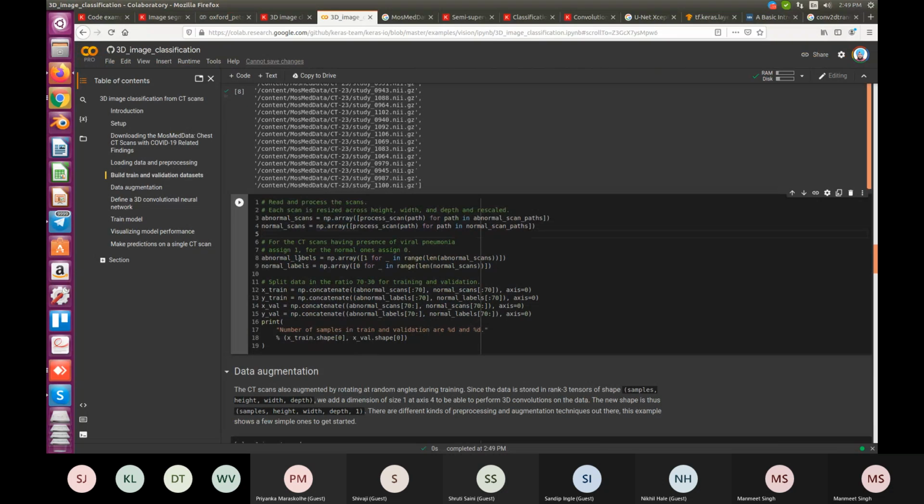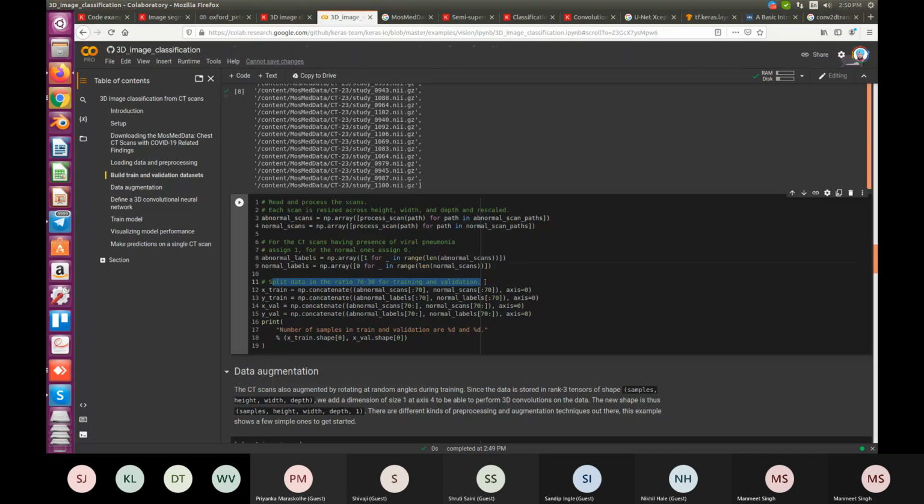Then we will create these abnormal labels. This is np.array of 1 for each scan. So you just create an array of 1s and an array of 0s, and then you split the data into a ratio of 70-30 for training and validation,